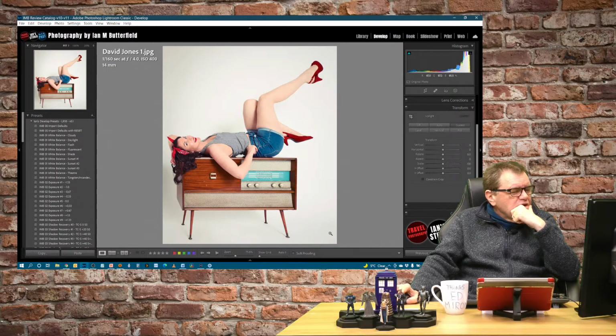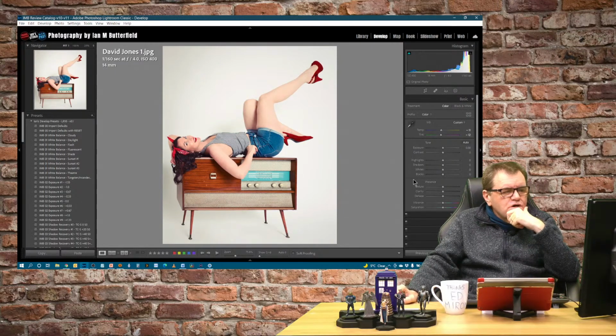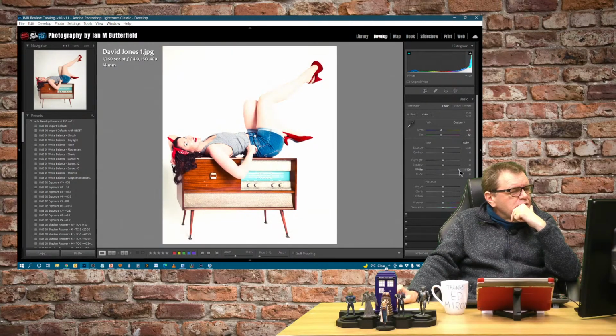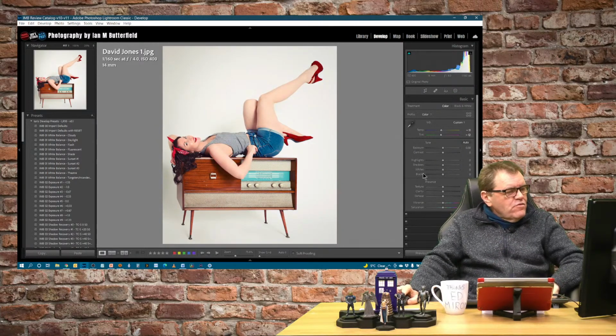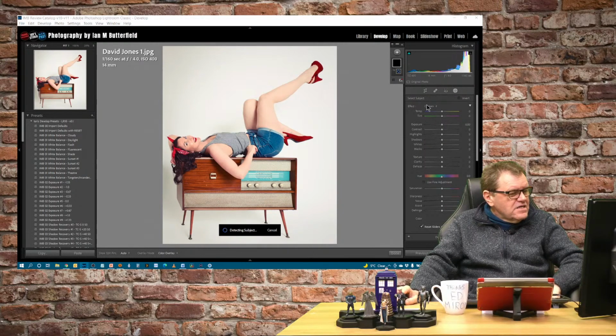I mentioned also I like the idea of a coloured background rather than white. For me, and again, it's personal preference on this. If I was going with that, I might try to make it a proper white, which is difficult to do like that. What I can do with it, now we have our masking tool, if I say select subject,